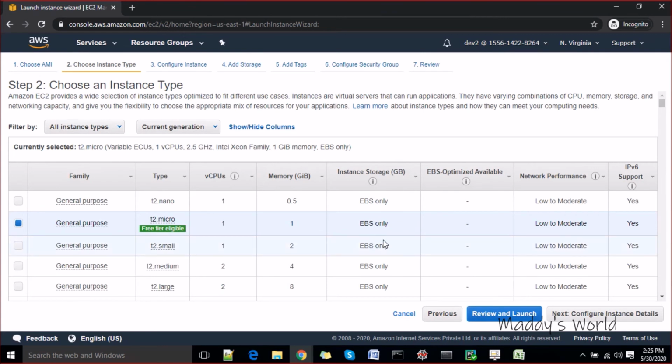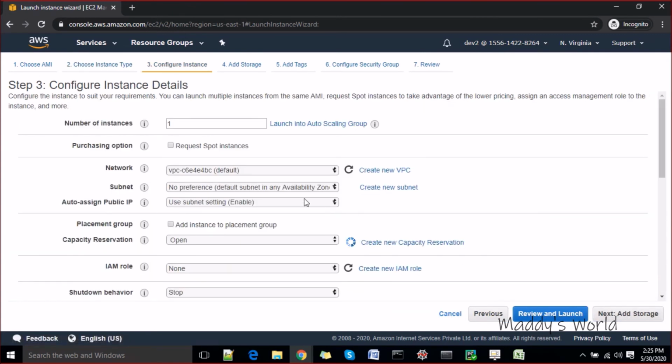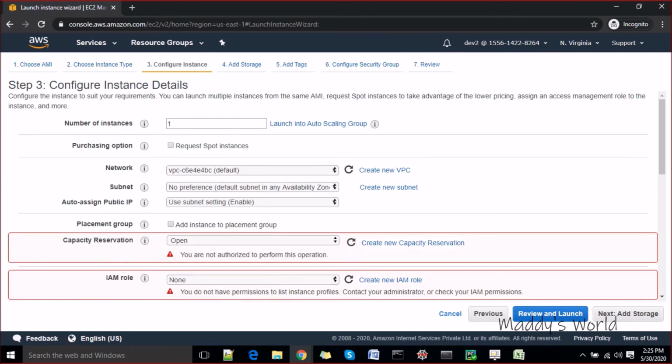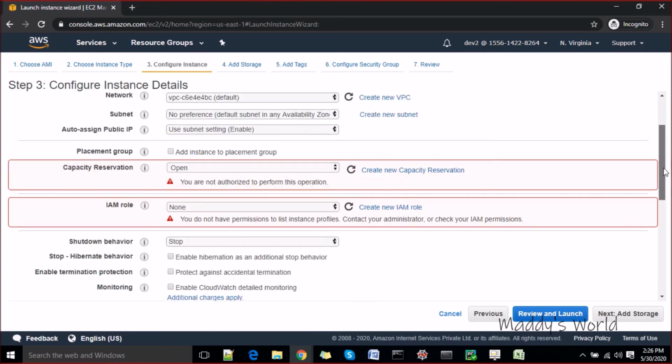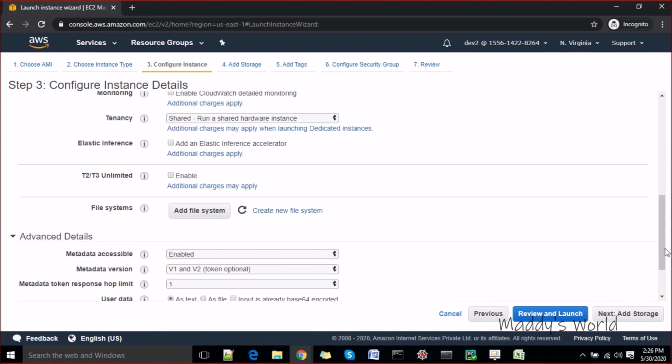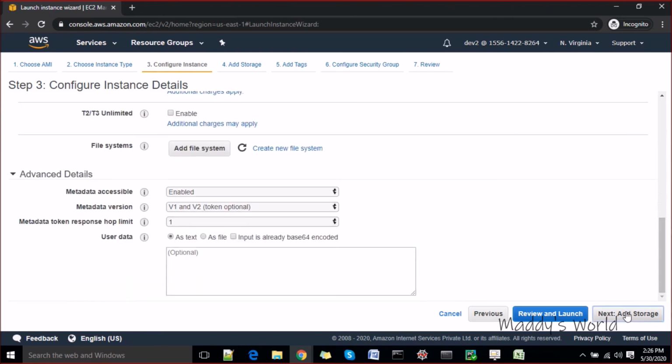So we have to choose a couple of things, right? We have to choose the images, the storage, and the VPC also. You'll have to take care of these things too, remember? We have given access to the VPC, so we are able to see them, but we did not give access to the capacity reservation and some IAM roles. That's why we are not able to see the IAM roles here. We don't have permission, that's fine. We'll go with the default things at this moment.